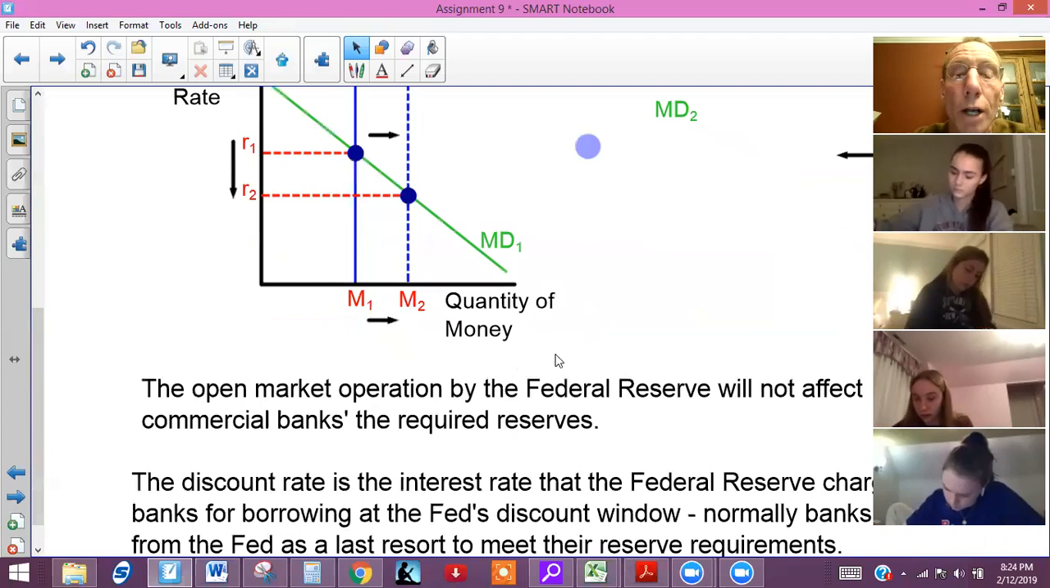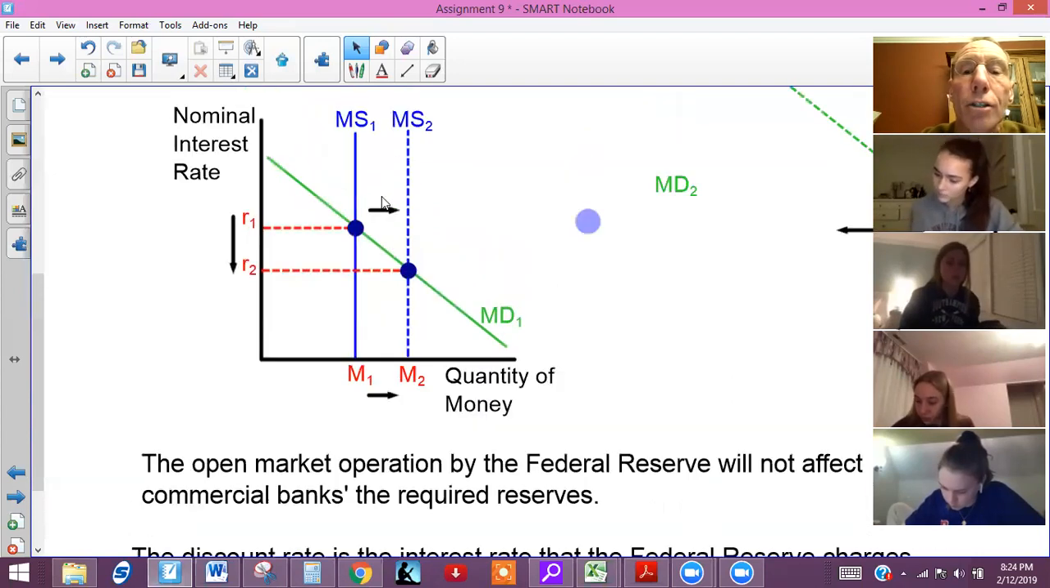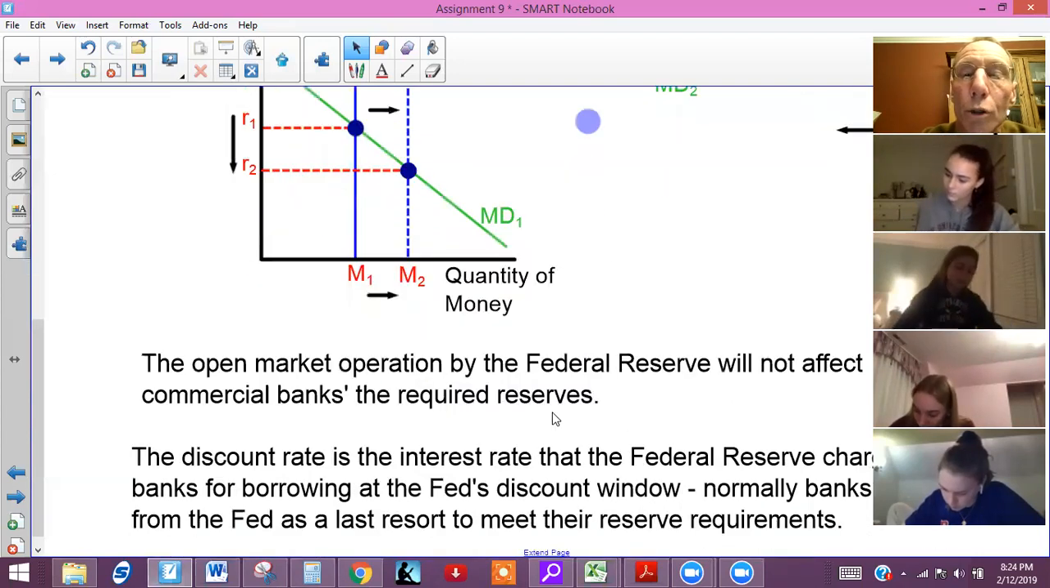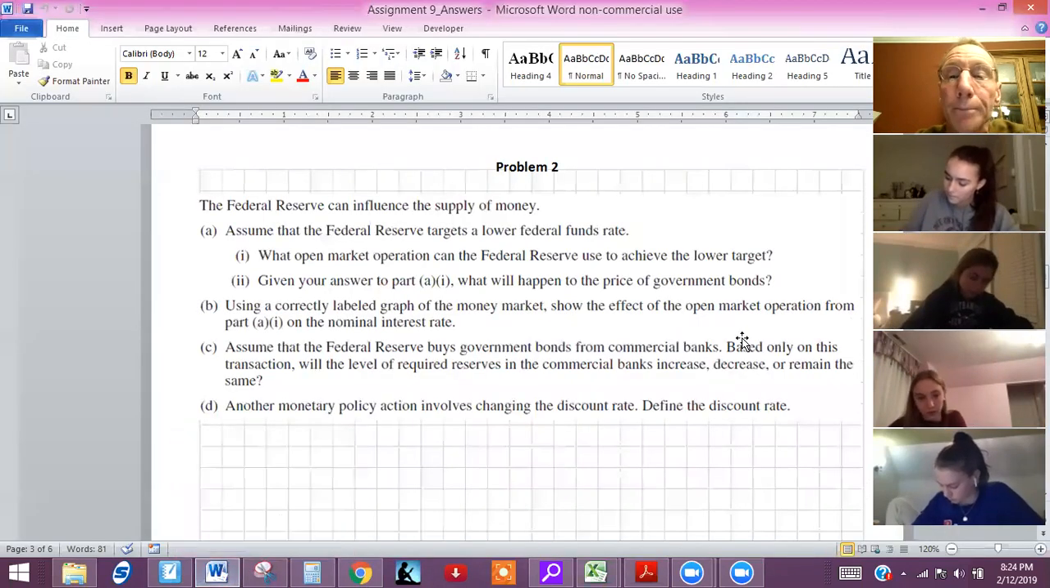Now, the next question is how will this affect the required reserves? Well, when you read about it, required reserves are just a percentage that the Federal Reserve or the central bank requires that banks keep in reserve. That's an arbitrary percentage they set. So changing the money supply, buying and selling bonds, doesn't affect the required reserves at all. So that wouldn't have anything to do with it, okay? So you would just say they would remain the